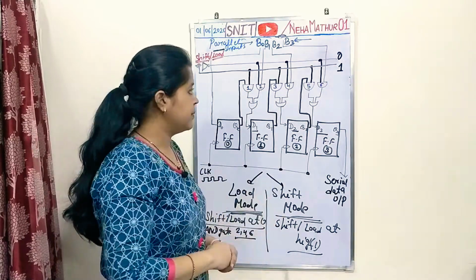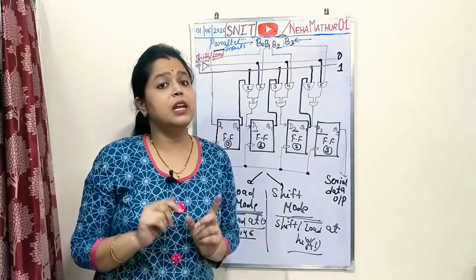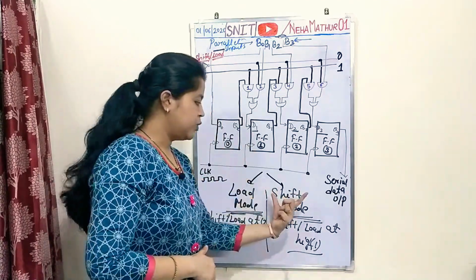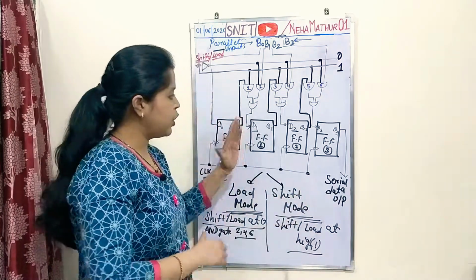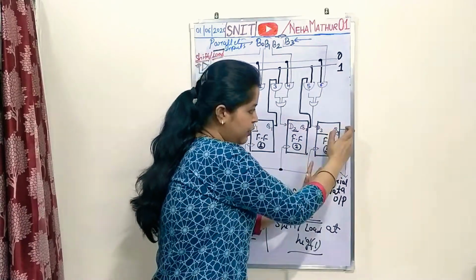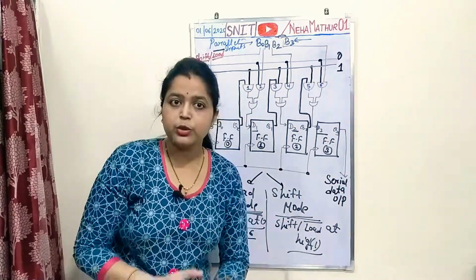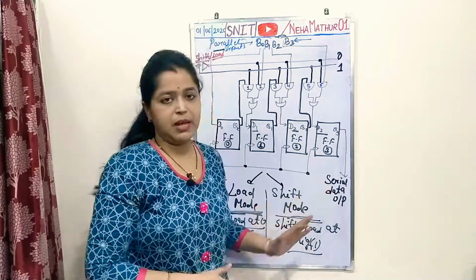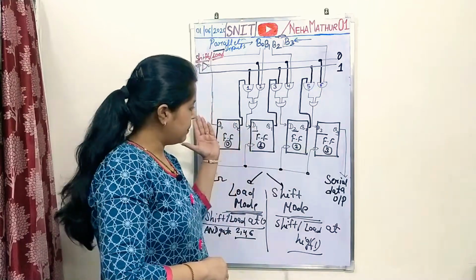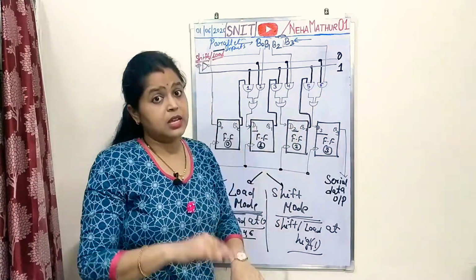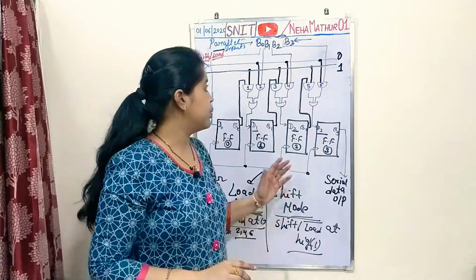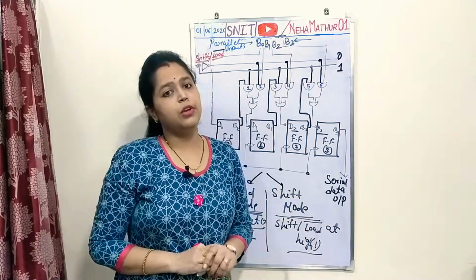So this is all about parallel input and serial output, because once your data is loaded using this mode, you are going to shift your data from here to here, from here to here and from here to here, and from Q3 you are able to retrieve your data in serial manner. So serial output follows the concept of previous to next, previous to next, and parallel input by applying individual data. This is all about parallel input, serial output, shift mode of operation.